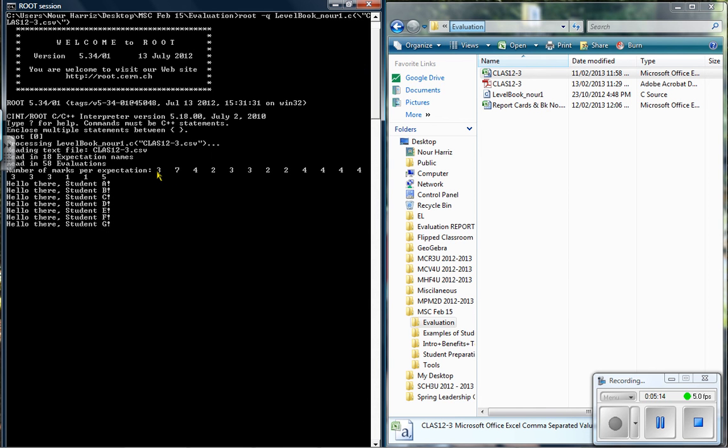So expectation 1 has been evaluated 3 times, expectation 2 has been evaluated, let's say, 7 times, 3, etc., etc. So eventually you want to create a balance of evaluating all the expectations, so you have enough evidence on all the curriculum, and in this way students will be able to perform at the same expectation more than once, and in this way you could monitor progress over the semester, and this will help you with the more consistent and most recent